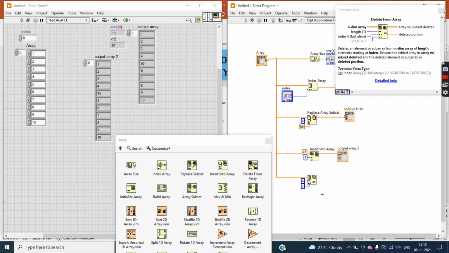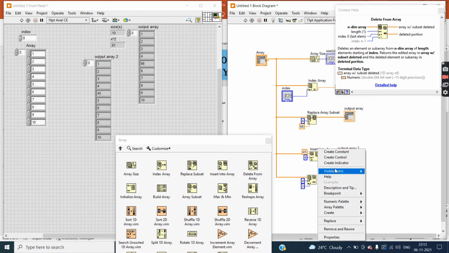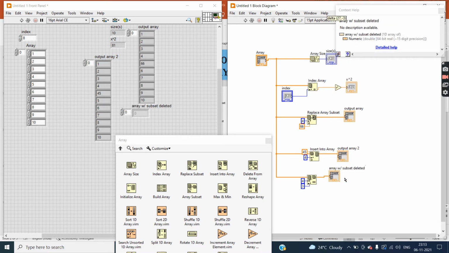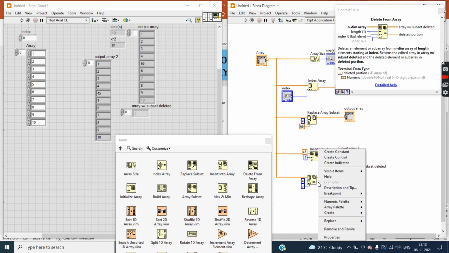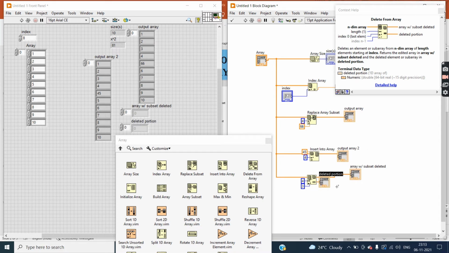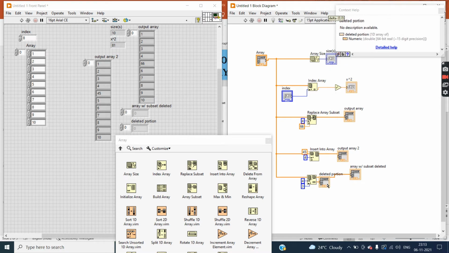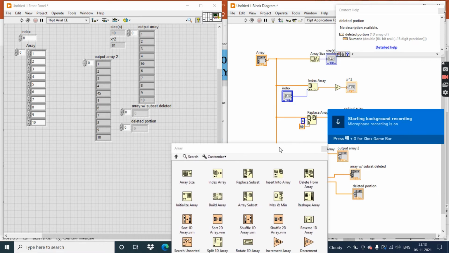Then create the first result, the remaining array, and then create the deleted portion. I also want to see the deleted portion, how many array elements I have deleted. Simply create indicator, then change the position.